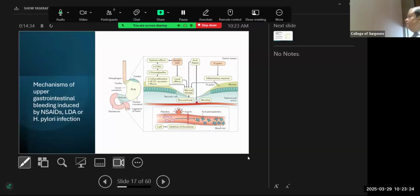How do the NSAIDs and H. pylori work? So these things work in a multitude of actions. The NSAIDs have a local effect on the mucosa. It will reduce the mucosal blood supply, and the protective prostaglandins are lost, causing less mucus and bicarbonate and more acidity. And in the meantime, it will cause changes in the platelets due to the COX inhibition. So the platelets are not aggregated. If the bleeding happens, it is more and more. H. pylori also has a multitude of effects, damaging the mucosa and reducing bicarbonate secretion and many more things. So more ulcers